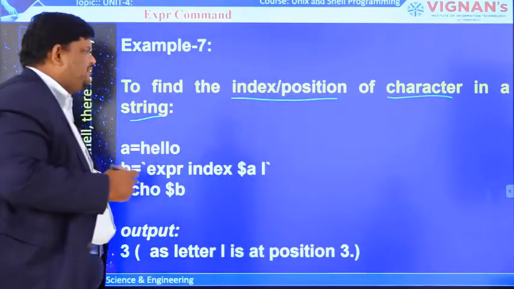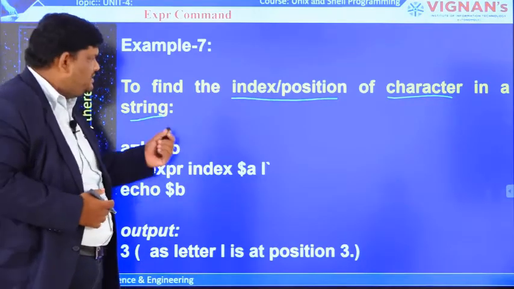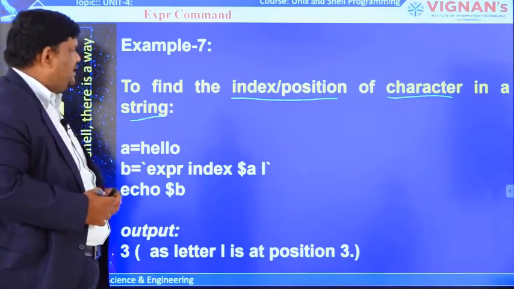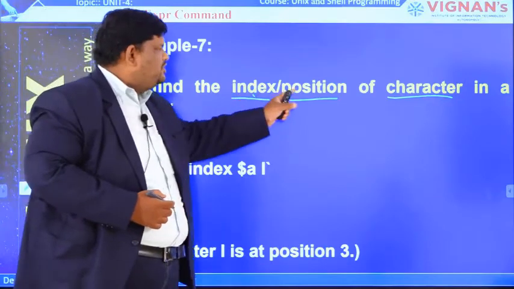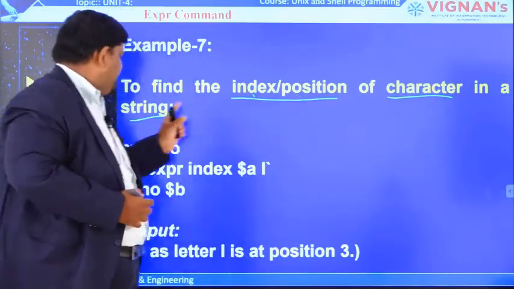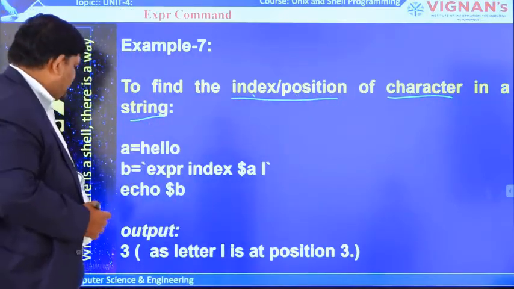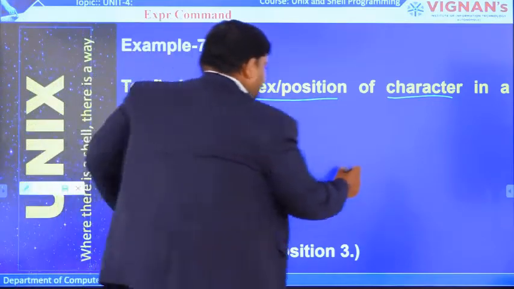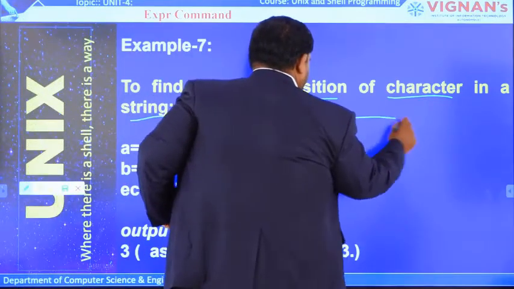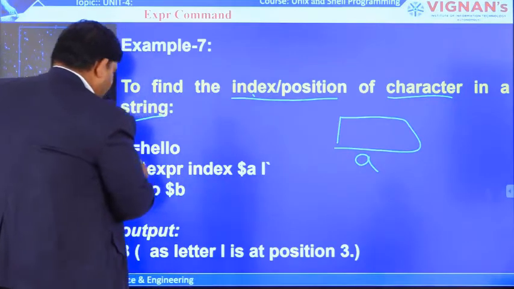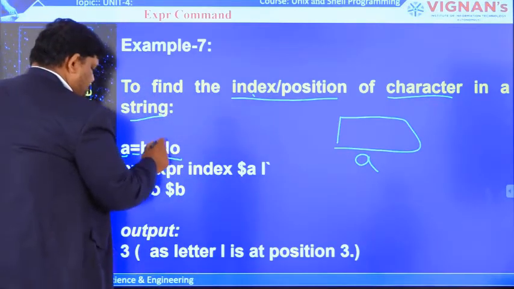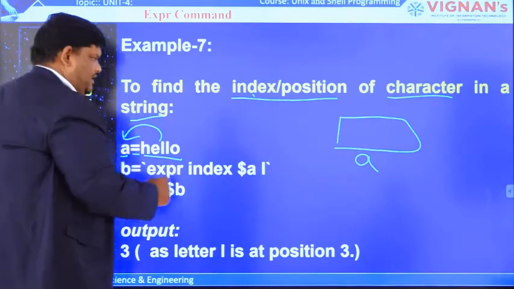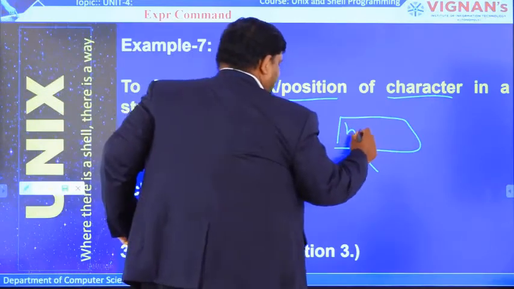So in the previous example we have seen the length of the string. Now in this example we are going to find the index or position of the specified character in a given string. Let us consider this example. Again the variable A, here we are assigning variable is equal to value. So this value is assigned to this variable A. So A contains value